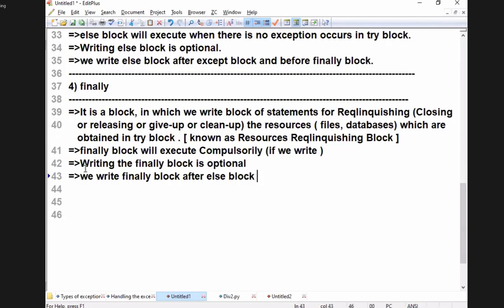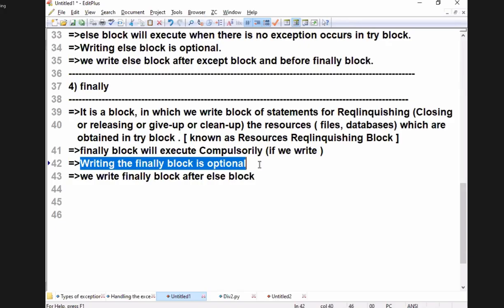Now tell me, when should I write the finally block? Whenever I have resources. When do I not write the finally block? When I don't have resources. If in my project a file is open, I will write the finally block. If in my project files are not there, databases are not there, is it necessary to write the finally block?